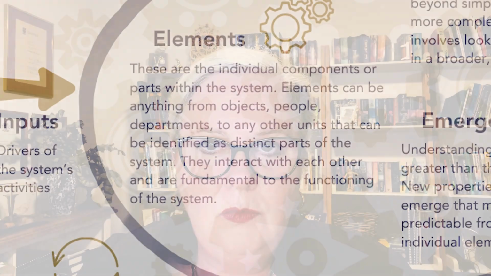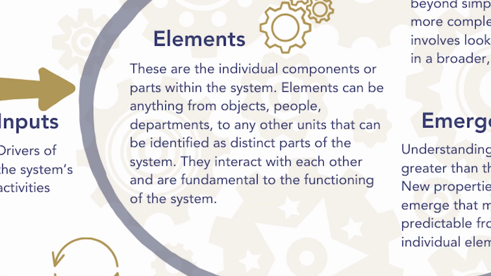The first thing that we want to be looking at is the elements. What are the tools, techniques, patterns, processes, behaviors that we see inside our focus area? And then how are they driven by the inputs and how do they work to create the outputs of our focus area? Once we start to identify these elements, we're then able to start to talk about causality and emergence. What does that mean?